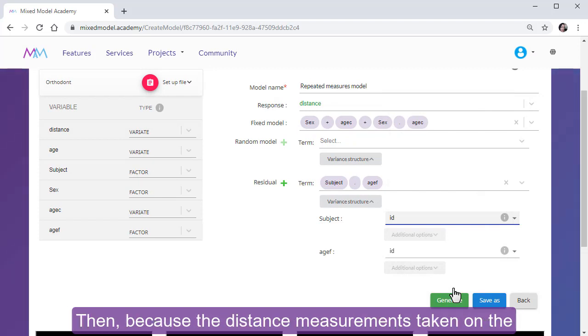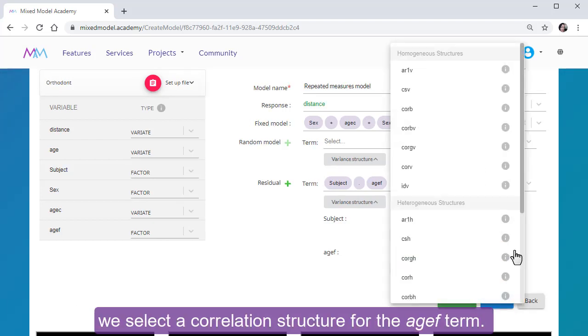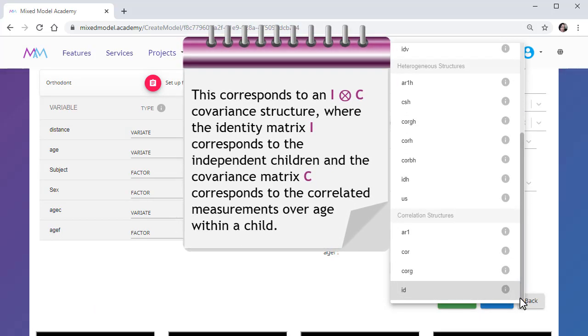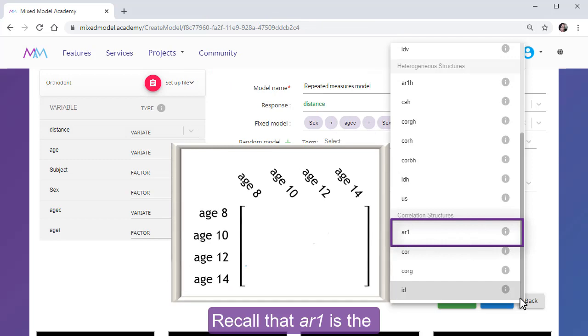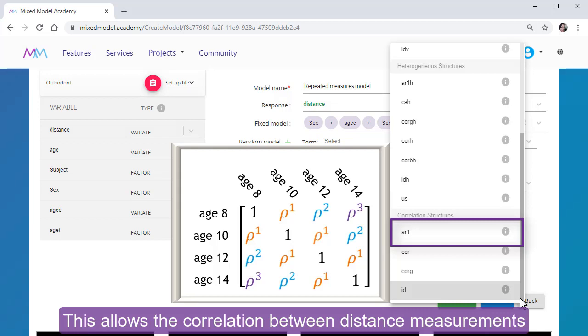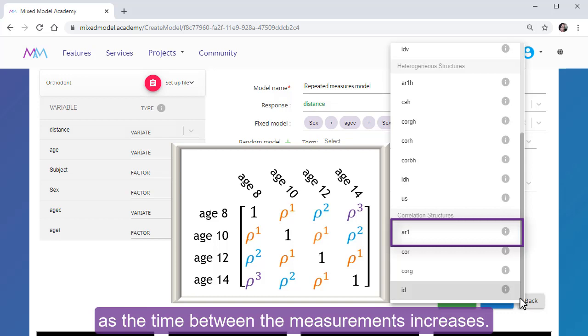Then, because the distance measurements taken on the same child over consecutive ages should be correlated, we select a correlation structure for the age F term. This corresponds to an I crossed with C covariance structure, where the identity matrix I corresponds to the independent children, and the covariance matrix C corresponds to the correlated measurements over age within a child. Recall that AR1 is the autoregressive correlation structure of order 1. This allows the correlation between distance measurements taken on the same child to decrease as the time between the measurements